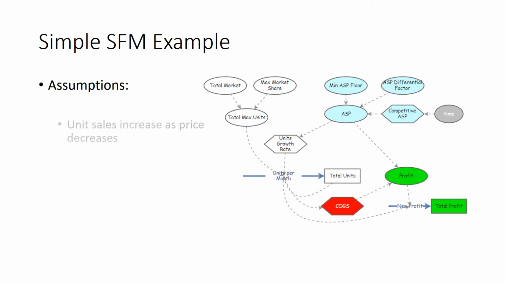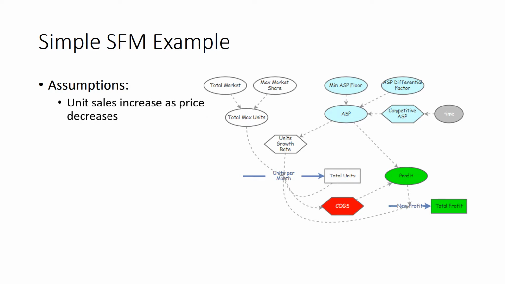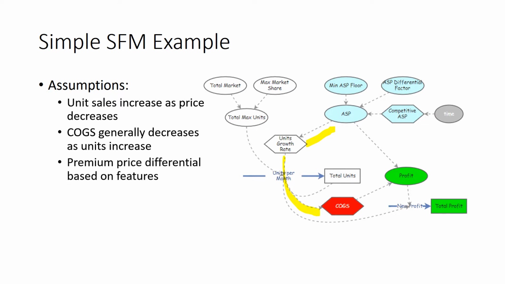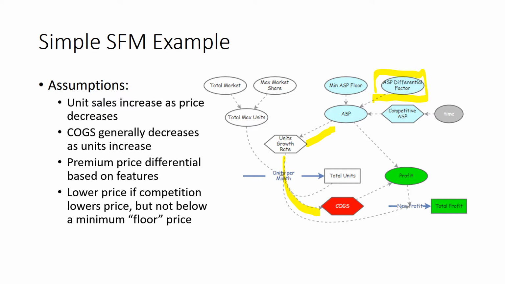So the assumptions in this model are that unit sales increase as price decreases, and here you see the influence of price on sales. That the cost of goods generally decrease as units increase, and that's this rate in here. I say generally because as the number of units increases, there will come a point perhaps where you have to increase infrastructure that increases cost of goods. There will be a premium price differential because the product that we're going to be putting into the field is going to be better, more feature rich, and so we believe we can have a premium value over the competition. And we are prepared to lower price if competition lowers their price, but we're not going to go past a